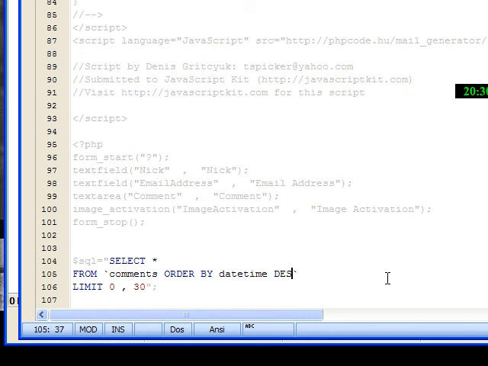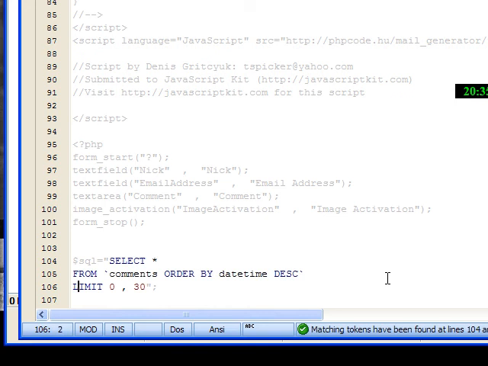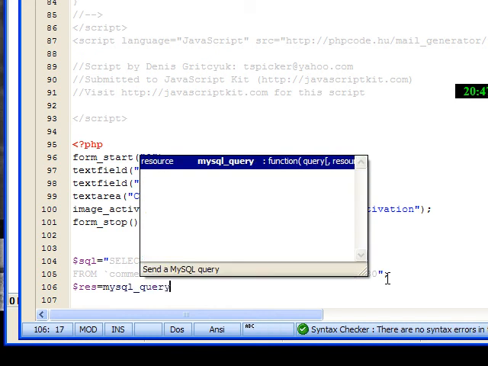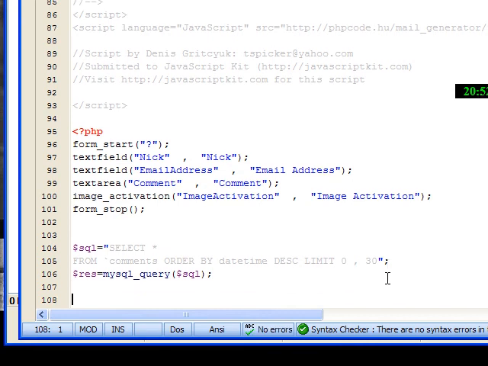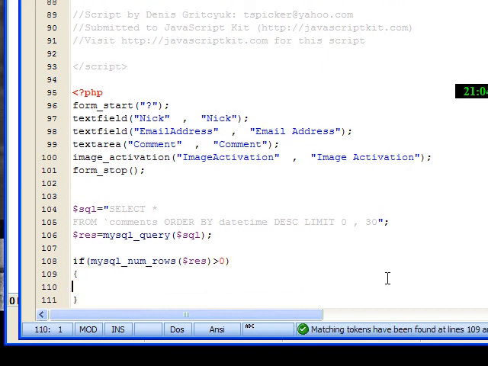Select everything from comments and use an order on a datetime field, and we will use a limit which will just select the first 30 entries, and if there is some problem with this query, you should print or use the error reporting, the mysql_